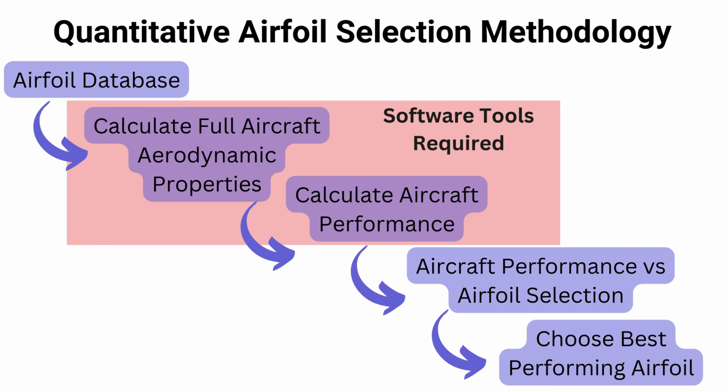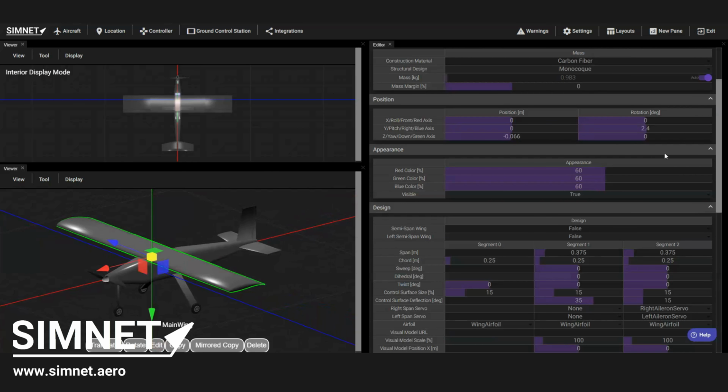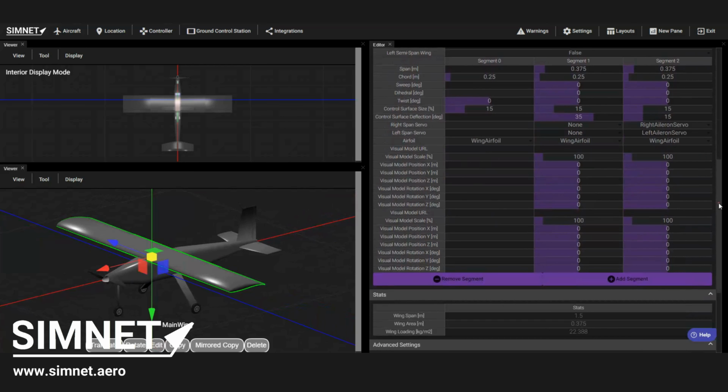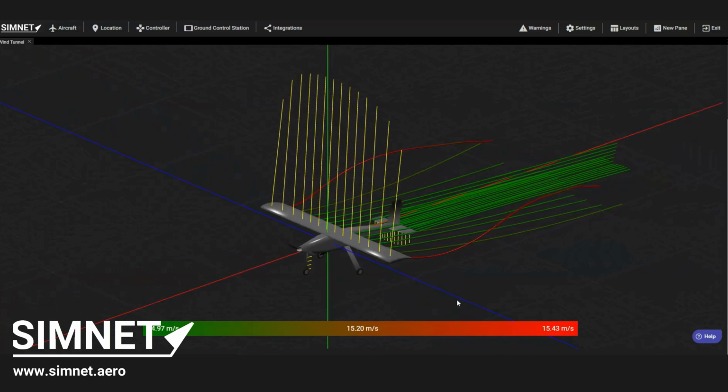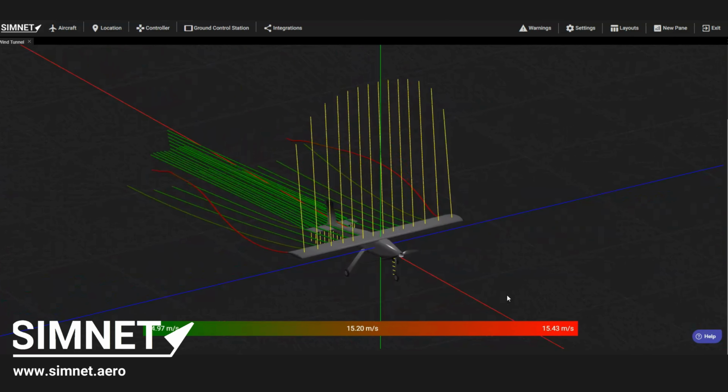Calculating the aircraft's aerodynamic properties and overall performance can be a complex process. While for simple aircraft designs this process can be done through hand calculations, more typically software tools are required to conduct this analysis accurately. Here we will show an analysis using Simnet Designer, a cloud-based drone design and analysis platform. Simnet uses fast algorithms to predict the aerodynamics and overall performance of the aircraft based on the airfoil selection